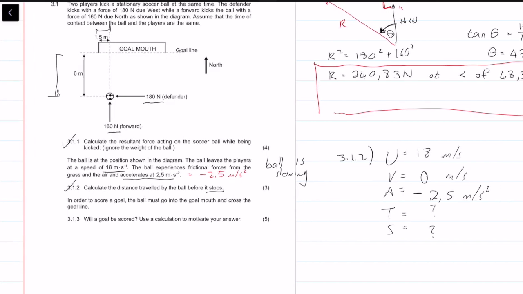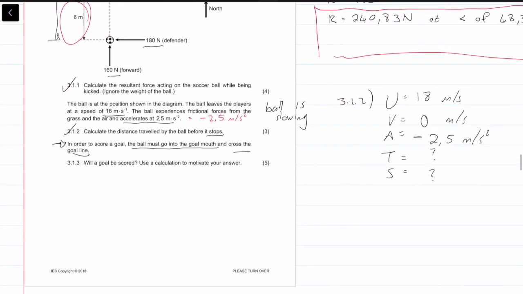Okay, then the next question asks, will a goal be scored? To understand that, what we first need to do is understand the criteria it gives us. In order for a goal to be scored, the ball must go into the goal mouth. So it must be within that goal mouth and must cross the goal line. So we've got two criteria, basically this 6 meters and this 1.5 meters, and both criteria need to be